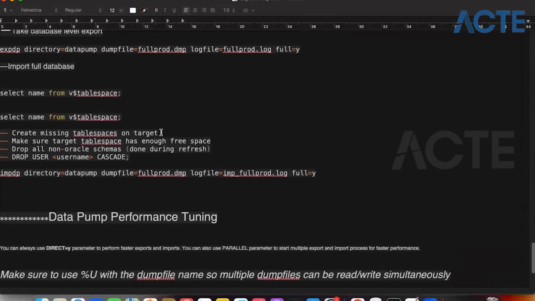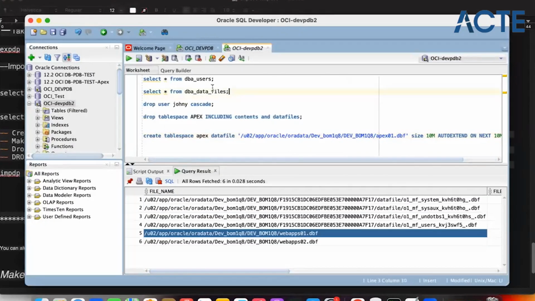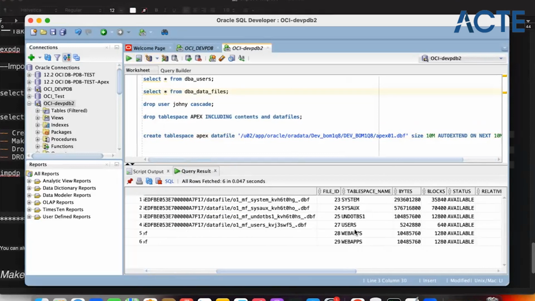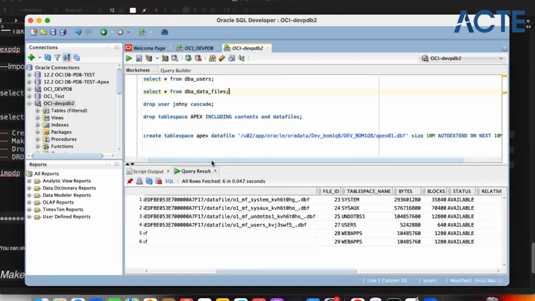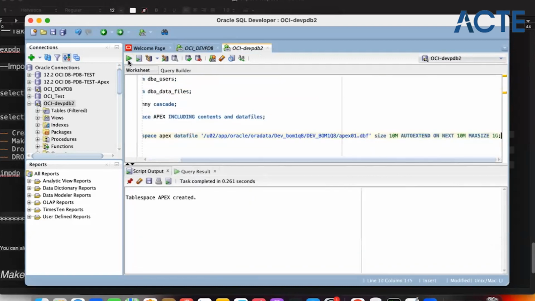First, create the missing tablespace in the target. So the Apex tablespace is not there. There is no tablespace called Apex, and I want to import this schema Apex, which has a tablespace called Apex. So I have to first create the tablespace in the target database. Apex is basically created. Now